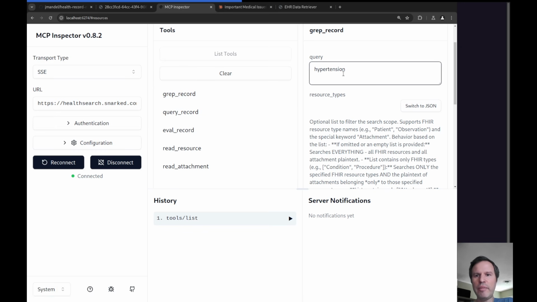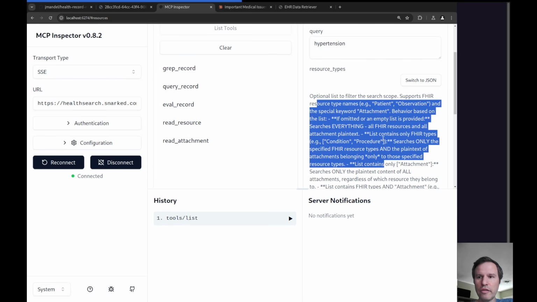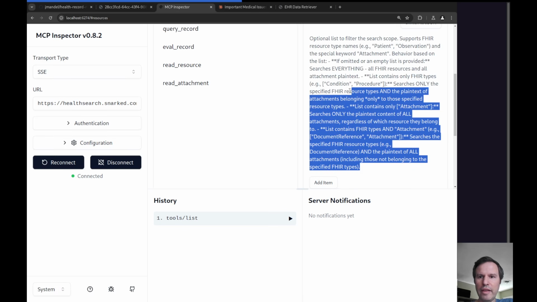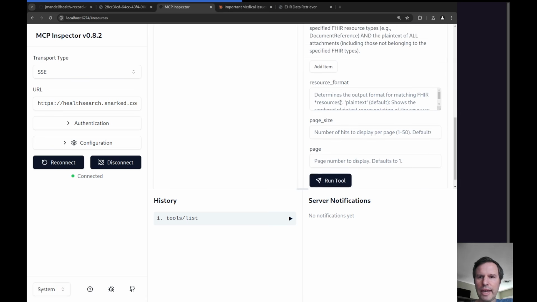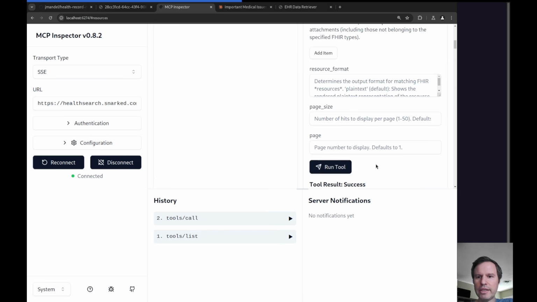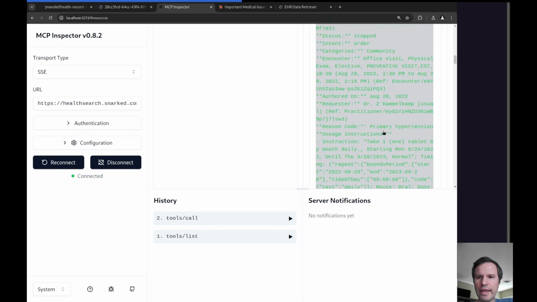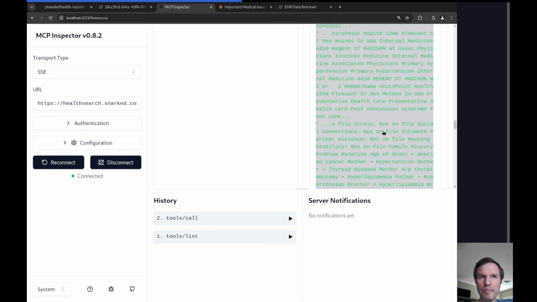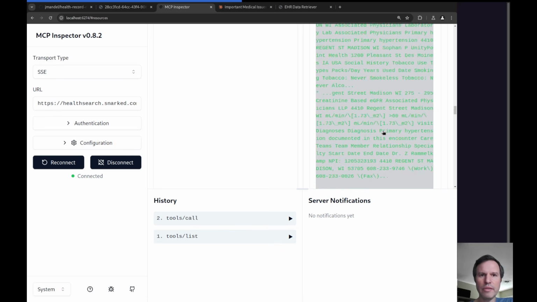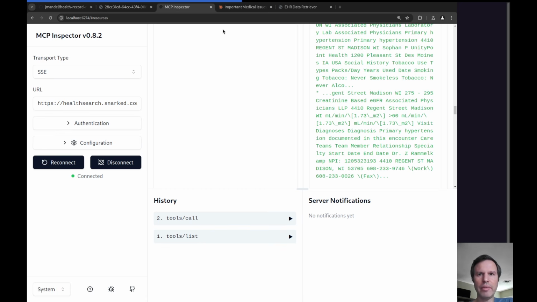So you can see what was happening under the hood is that Cursor was driving these interactions. It was listing the tools. It was reading the documentation for each of those tools as supplied in the model context protocol. And then it was executing those tools by passing in arguments and running the tool and seeing these kinds of results that came out. I think that we'll start to see support for this kind of OAuth workflow happening in